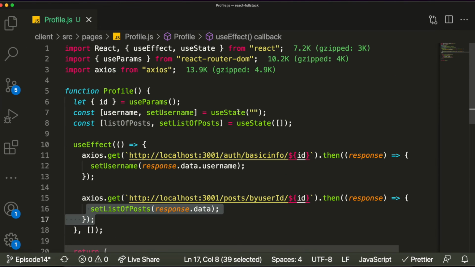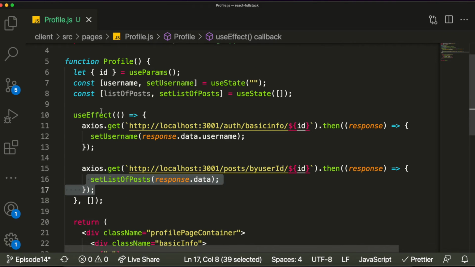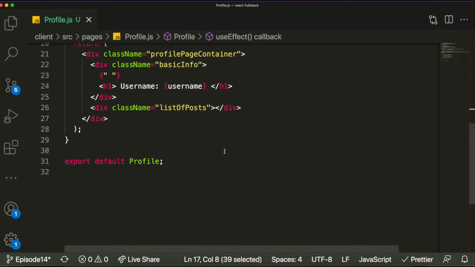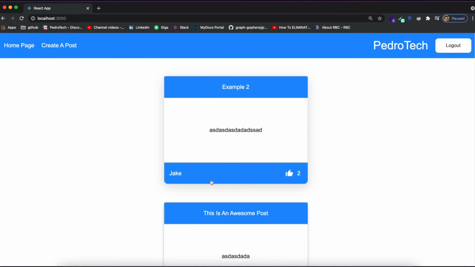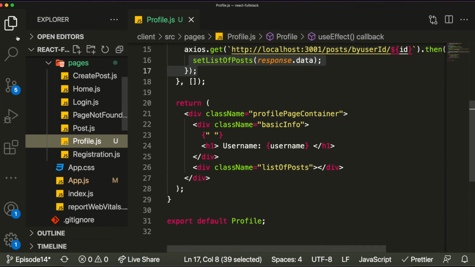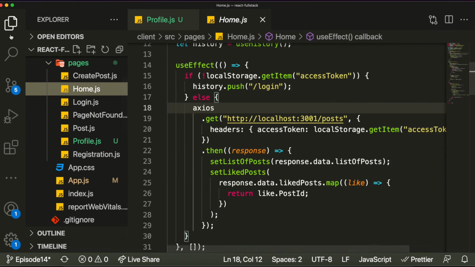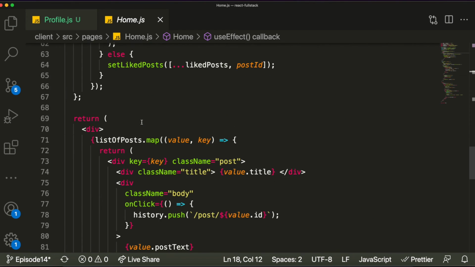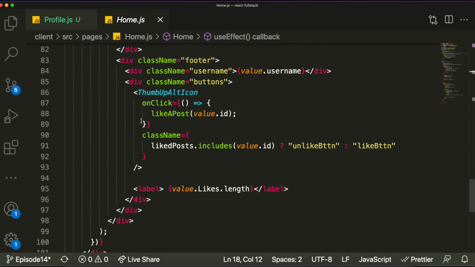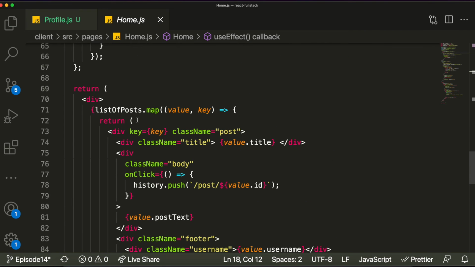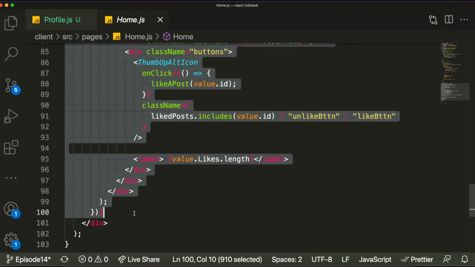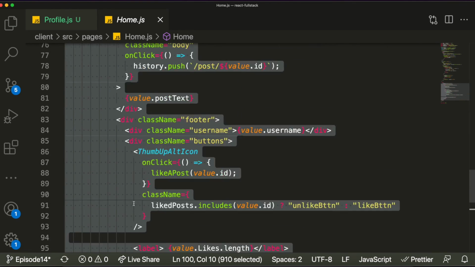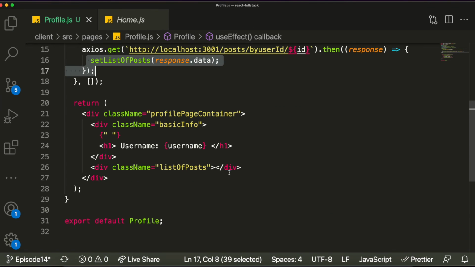Now, we've actually done this before. We've created a state called list of posts and displayed them perfectly, right? This is exactly what we did in the homepage. This is what we're seeing right here. So what we can do is just copy this code for the list of posts and replace it down here in our profile page. I'm just going to do that, and you can see that we do that over here. We just have a state called list of posts and we map through them. So I'm just going to copy this code like this, and let's paste it down here inside of this